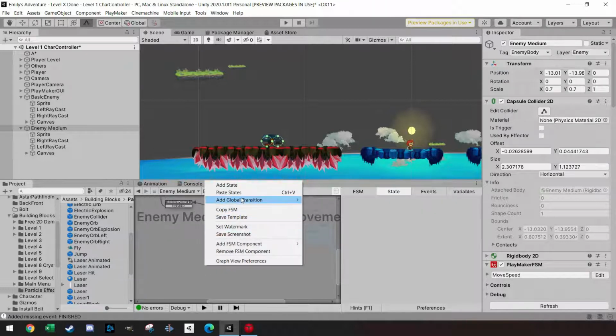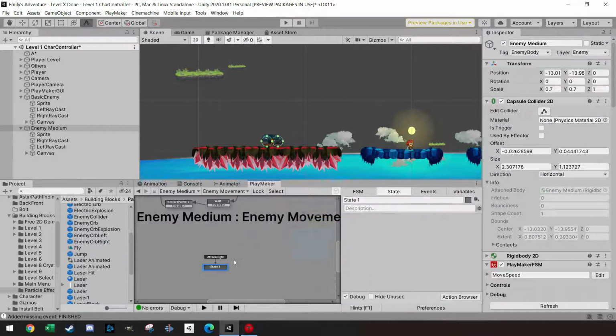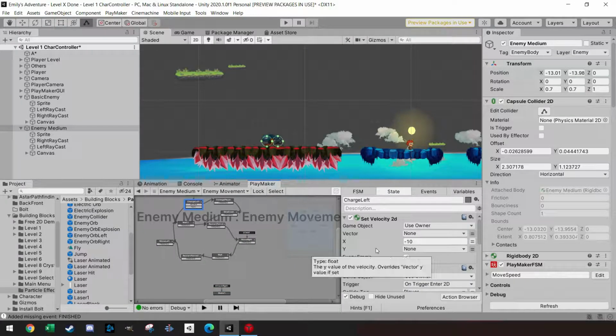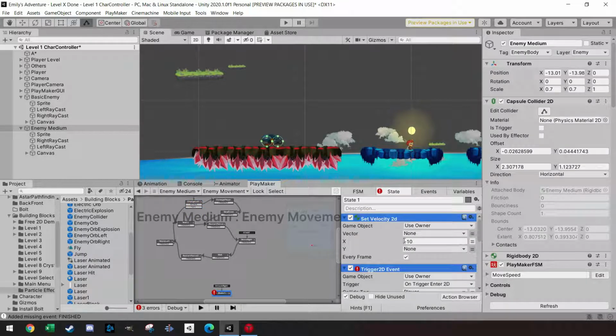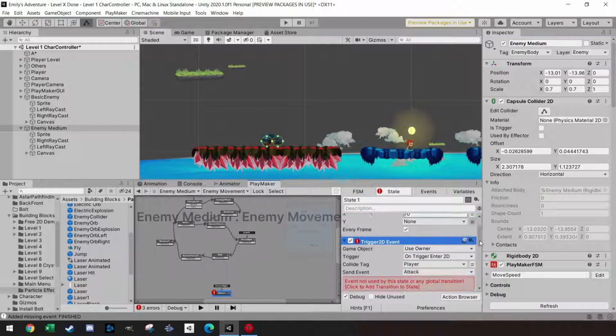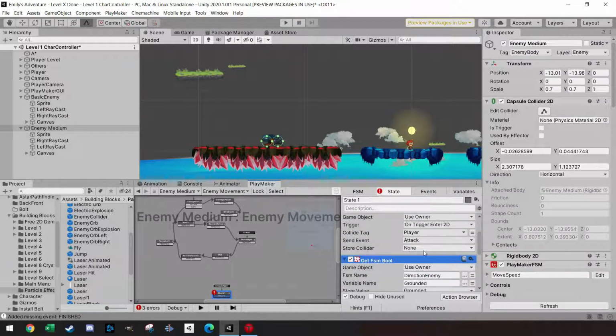And now I have to, let's say, repeat everything for the attack right, which is then here. And there, of course, I'm going to now just copy these things. So, and instead of -10, speed will be 10 every frame. Just have to be sure. I have to add the attack